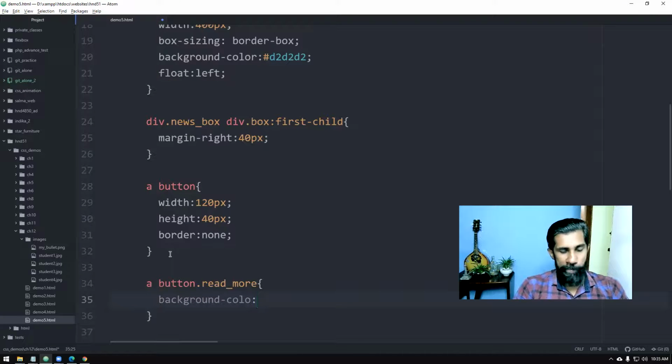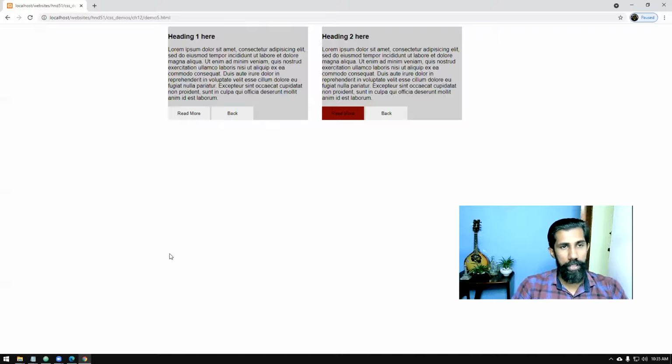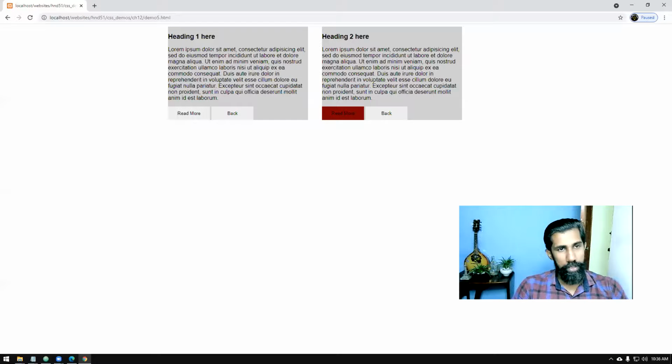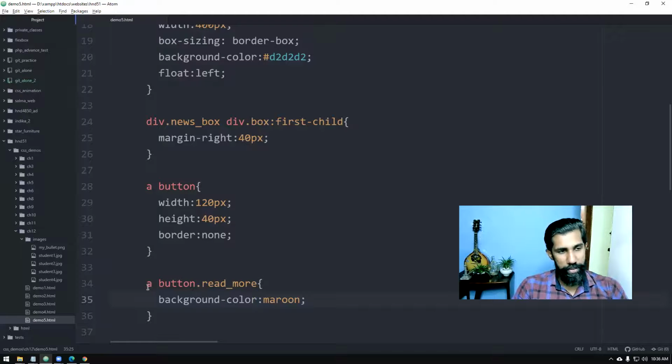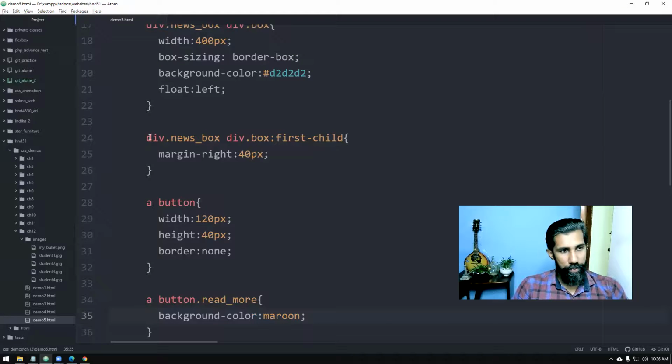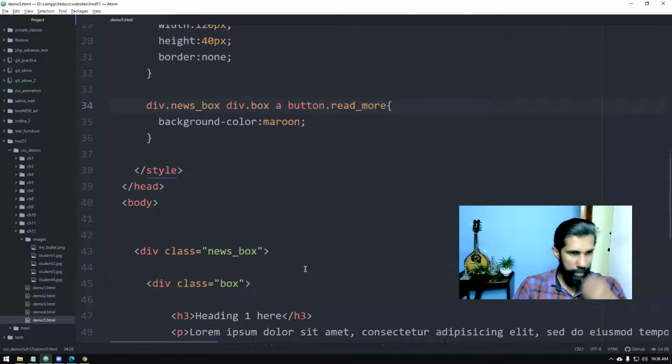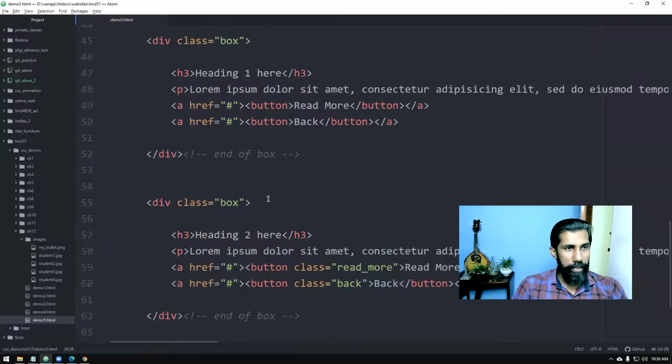Background color, let's say, background color, this one. Only one is getting affected, so we will put this class here. Yeah, this one I didn't put for the other one, right?